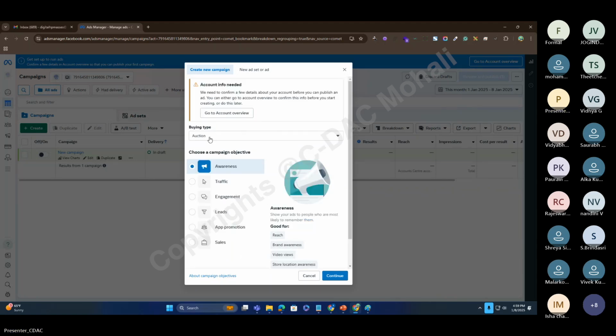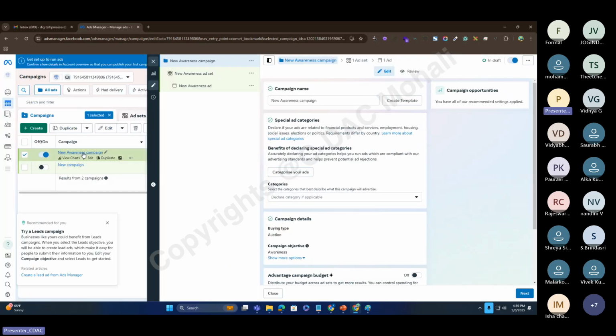Then the next drop down option, by default, is the auction buying type. How you want to spend on your advertising or campaigns: auction based or reach and frequency. By default I have chosen the auction one, and then continue. As you can see, a new campaign is created. So now you can simply create a new template, or you can name it anything like my